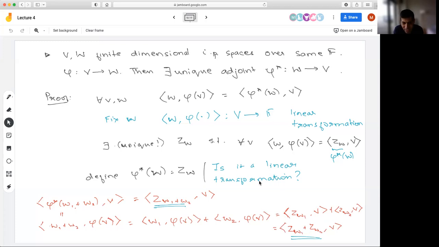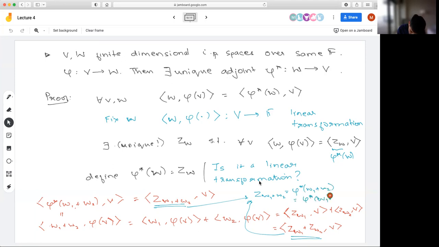But then we said that this vector must be unique in the Riesz representation theorem, because we found it using this orthonormal basis coefficients, etc. So if this has to be unique, then we must have